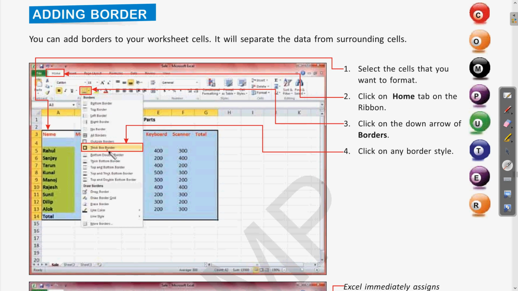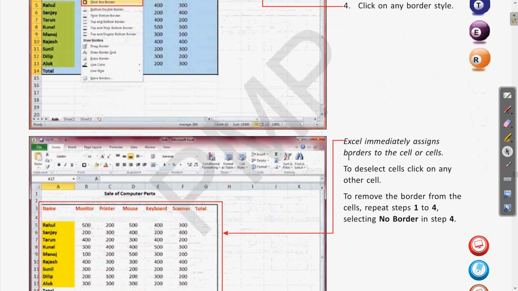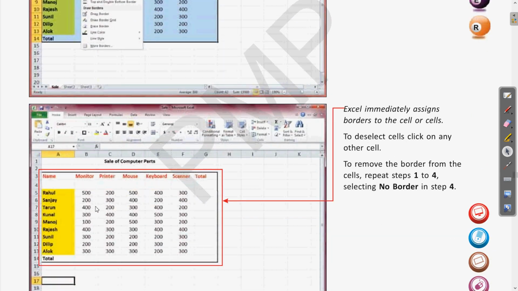If you want to apply the border around the whole cells of the table, we can choose that. If you want a single side to get bordered, clear? So this way we have multiple options to choose as a border. We can choose from here. Now when we click on that, the border is applied to the selected cells. Clear? Here you can see an example given. This border is applied to the whole data or the whole table which is selected.